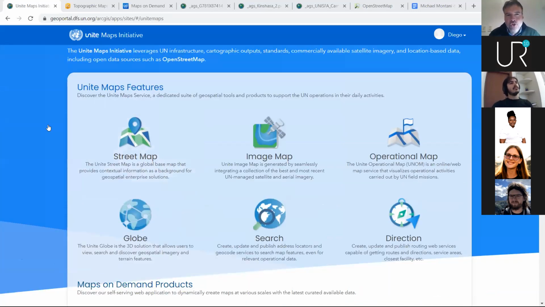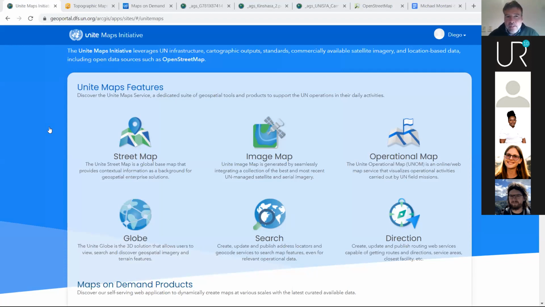We are building a constellation of different location-based services around both internal data, authoritative data from our colleagues in New York, especially related to administrative boundaries, and also OpenStreetMap data, and enriching OpenStreetMap data in order to provide a better service to our colleagues in the field. For both those working in the humanitarian spectrum and those working in the more operational, related to security, related to peace, related to logistics, etc.